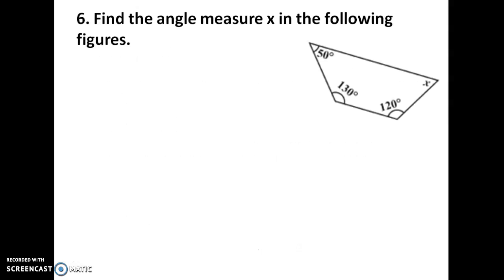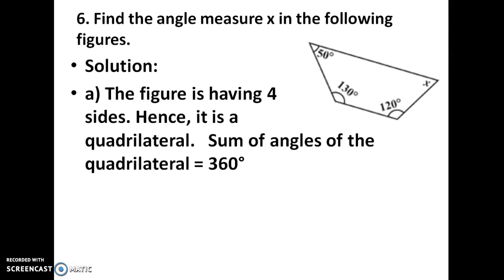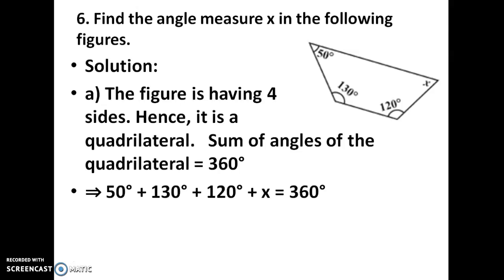Then sixth problem: find the angle measure x in the following figure. The figure is given. It's a quadrilateral, a 4-sided figure, and in this we have to find x, this angle. The sum of the angles of a quadrilateral will be equal to 360 degrees. So add all the angles: 50 plus 130 plus 120 plus x, which we don't know, equal to